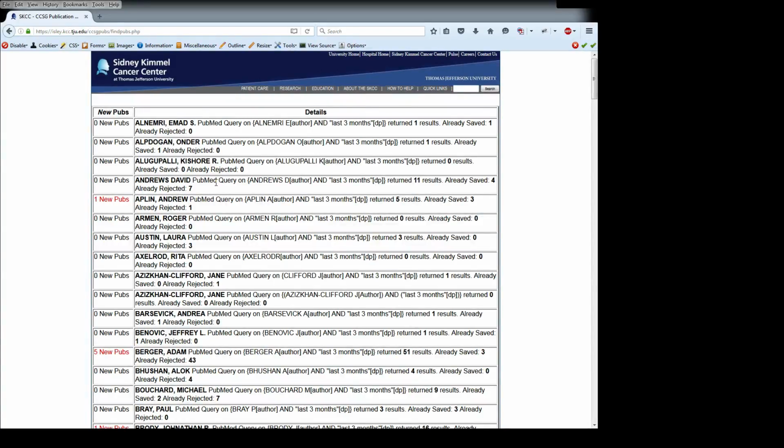That's people with the last name Andrews and the first initial D. 4 of them were actually our David Andrews, and they're already saved, and 7 were rejected because they were not our David Andrews. Now, there's one publication here for Andrew Applin. Again, there were 5 in the last 3 months for Applin A. 3 we saved and 1 rejected, and there's 1 new one that we have to